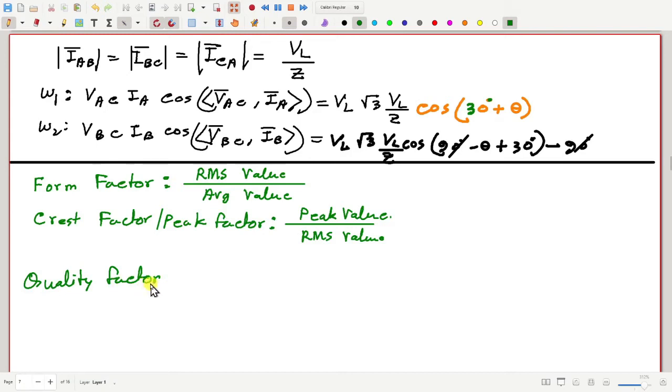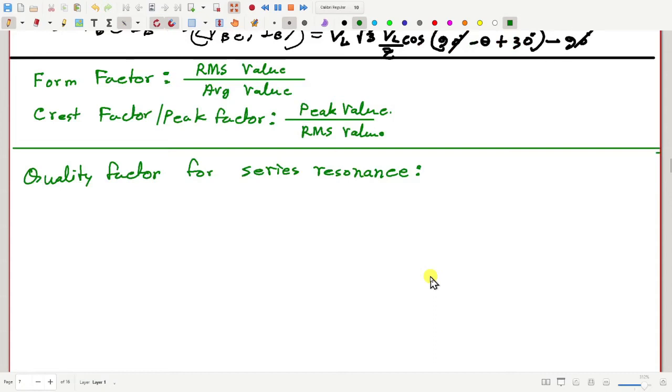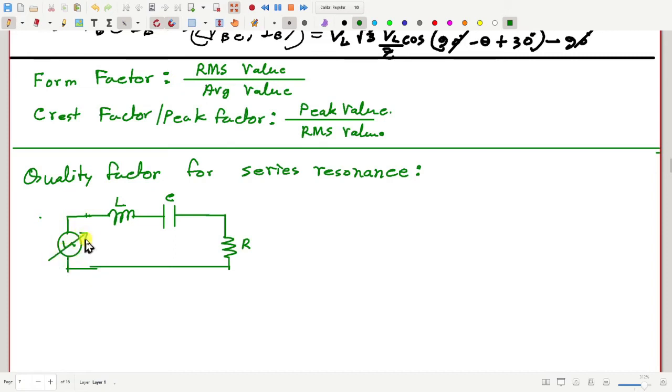Okay, for resonating circuits. Let us briefly discuss this for a series RLC circuit for series resonance. So if we consider a series R, L and C, let me draw the resistance here. And if we apply an AC source with variable frequency, variable omega, fixed RMS value,